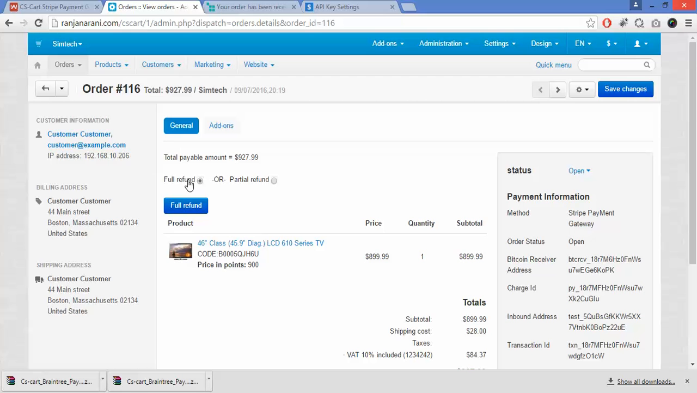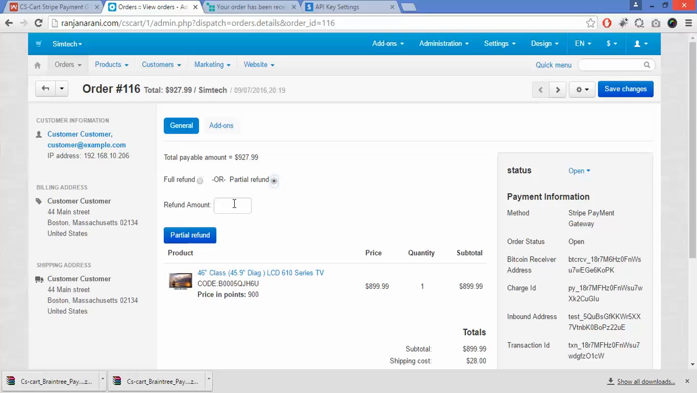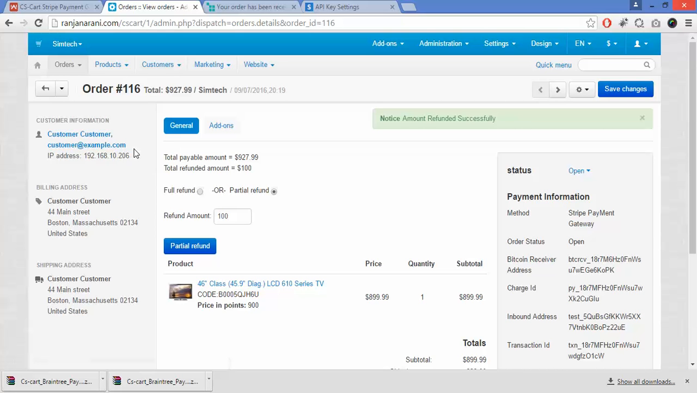Now an admin can also have the privilege to refund the payment. He can either fully refund the payment or he has an option to refund the payment partially. He can enter amount for the payment to be refunded and click on partial refund. And refund will be done for this particular order to this customer ID. As you can see that refund amount is here 100. You can again enter some more amount and click on partial refund,